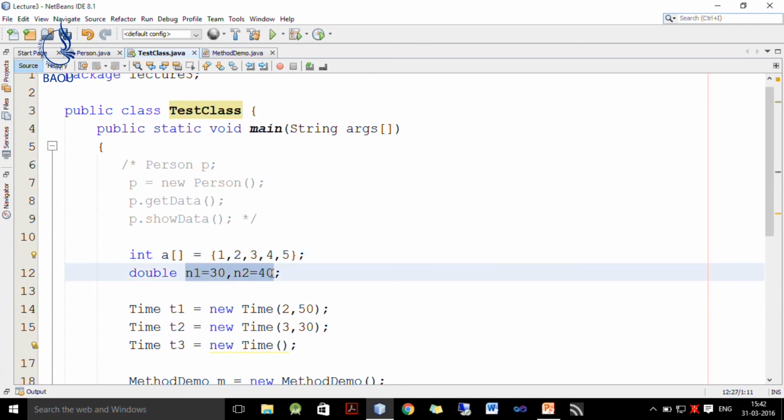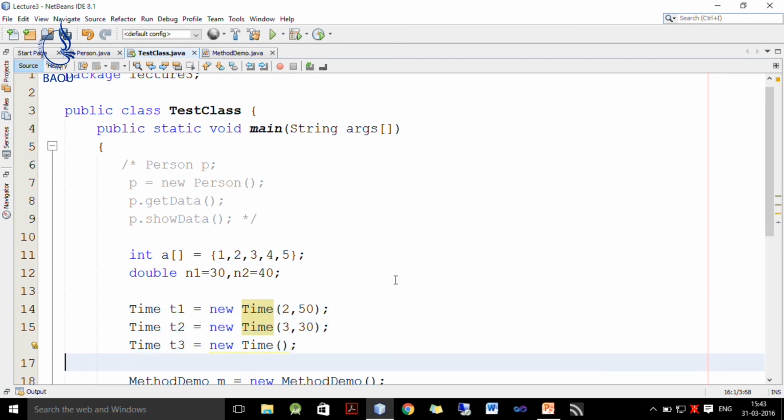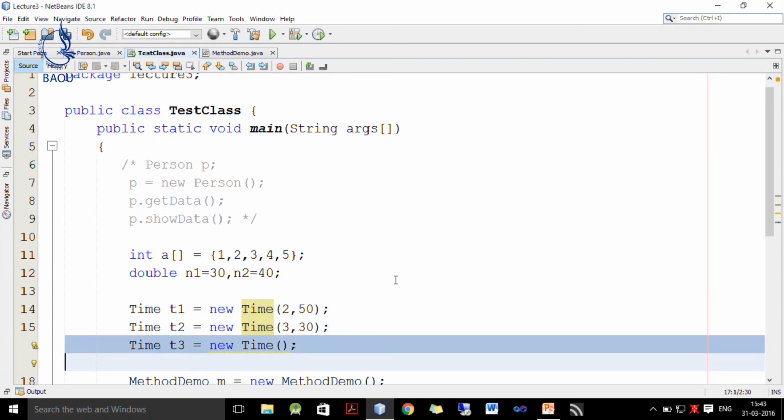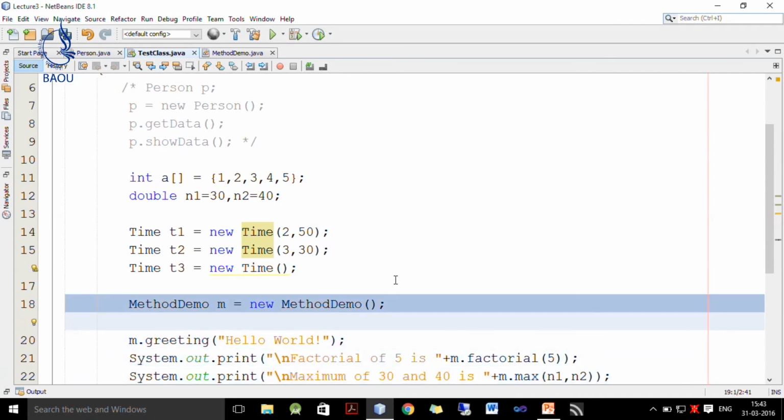We have two double type variables 30 and 40, and we want to find the maximum, which is 40. We have two times which represent 2:50 and 3:30, and we want to find time T3, which is the sum of these two times.